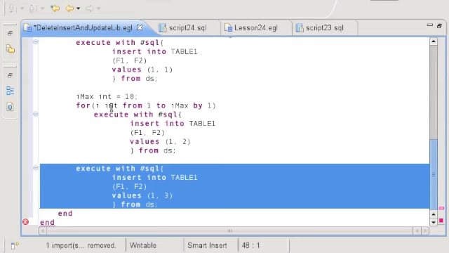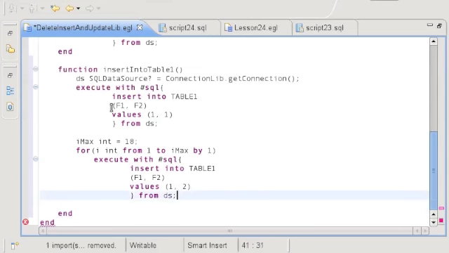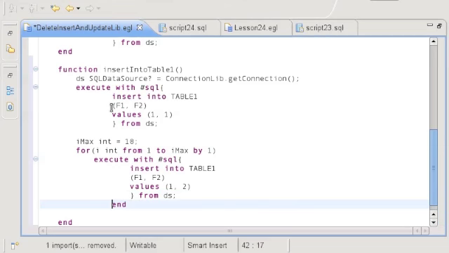We'll take out the extra execute and put in an end statement at the end. Of course, this wouldn't work because, putting in 1 and 2 over and over and over again, that's not what